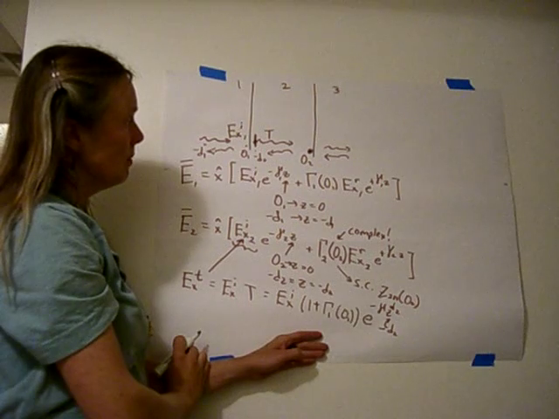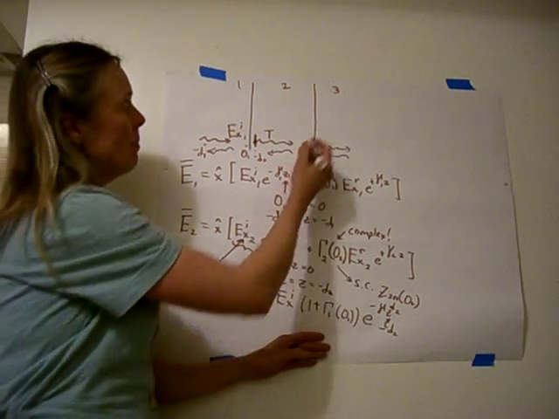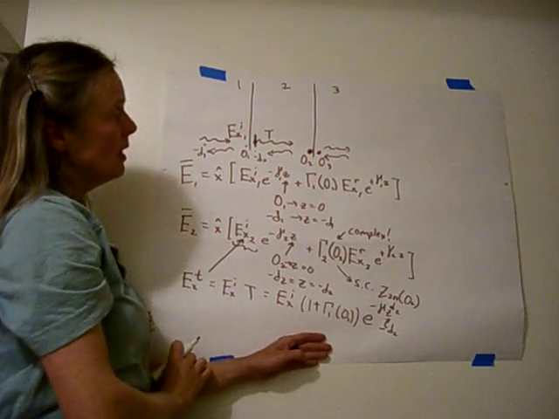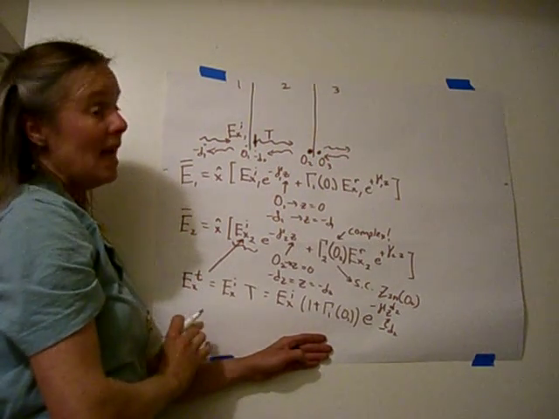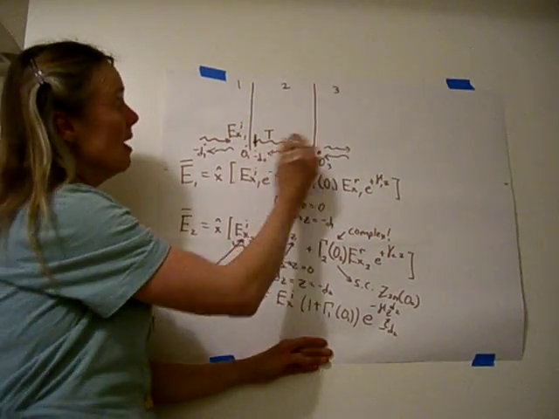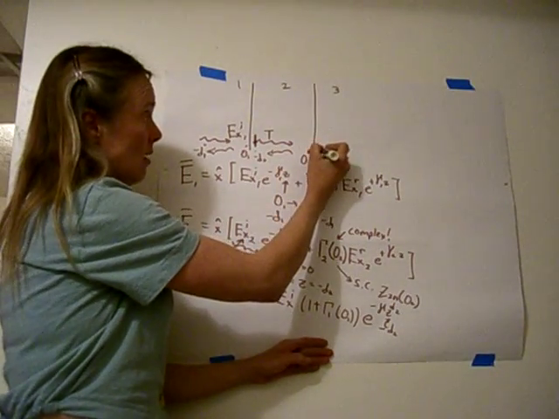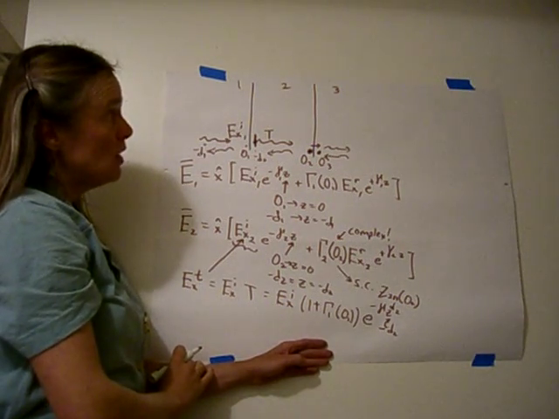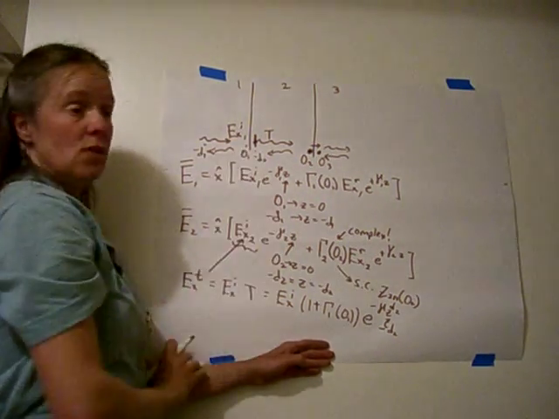The same thing is going to happen when I go to region number 3, and I'll be interested in the electric field at O3. But in that case, it's really easy because the transmitted field right here is the field that I wanted at O3. So I don't have to do anything special in region number 3 like I do in region number 2.